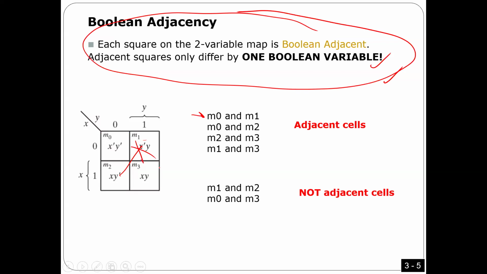Is that okay? Same thing here. If you look at this diagonal here, x prime, y prime, x, y. So they are different in two variables. Here the rule is they are neighbors only if they are different in one variable. So they are not neighbors. So again, that means any vertical or any horizontal can be neighbors, but any